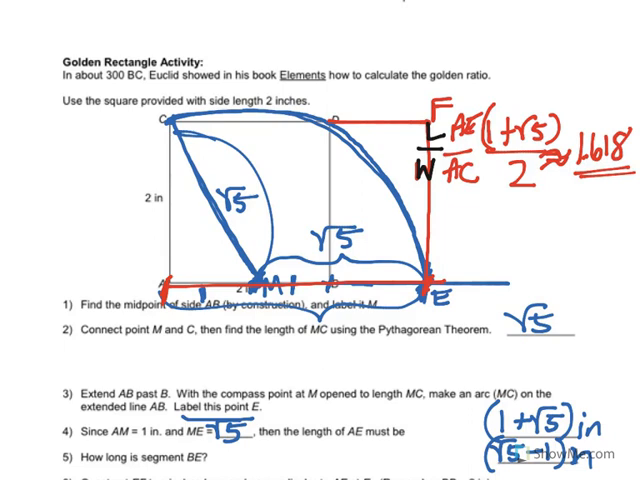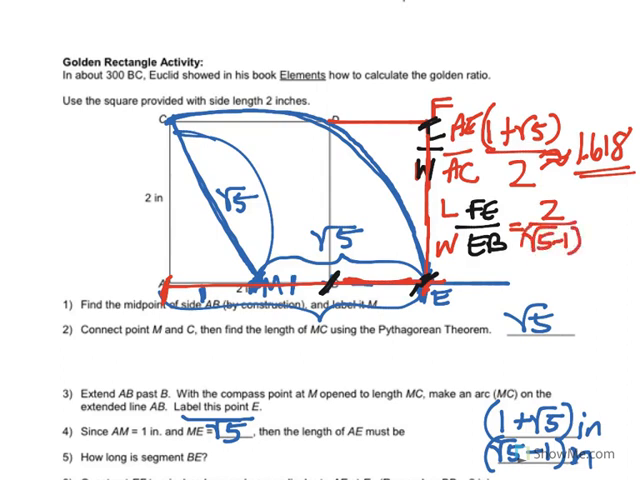Now it says compare the length of FE to EB. So here's FE, and we know it's 2 inches, right? And then EB, that's this part right here. So we already found the length of EB earlier in our little activity, so we're going to do FE to EB, and in this case, it's going to be the length. FE is the length on this rectangle, and EB is the width right here. So we have FE is 2, and we're going to divide it by the square root of 5 minus 1 in parentheses. Put that in your calculator, divide it, and you find out the ratio is